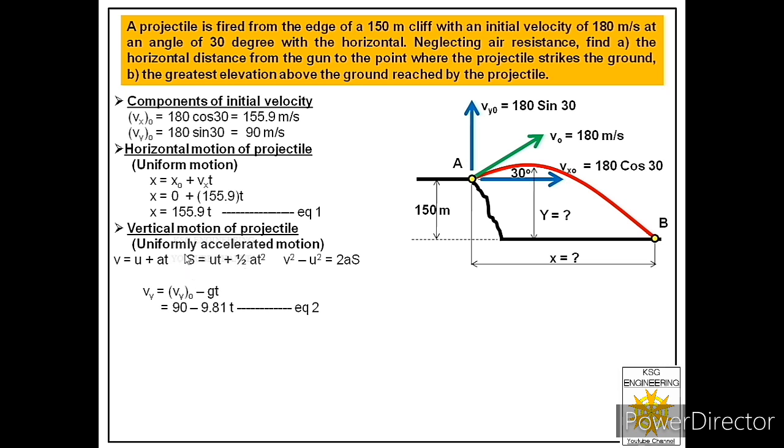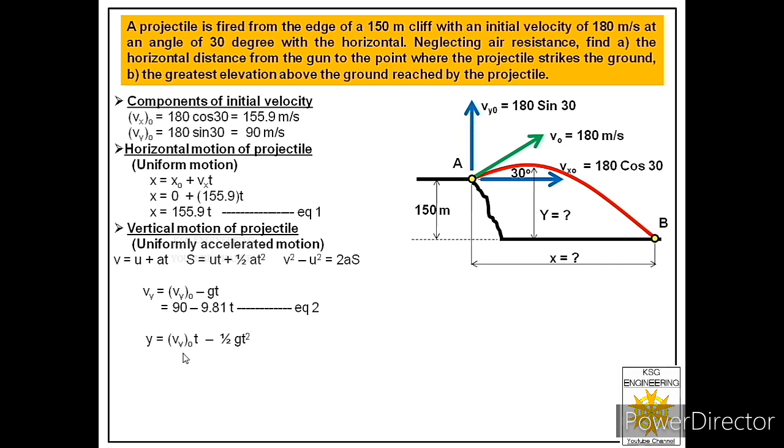Now let us move on to the next equation. In this equation, s is the distance traveled by the projectile along y direction from the point of projection. That means this distance is s and it is traveled in y direction. Let us call this distance as small y. So we will replace s by small y in this equation. U is the initial velocity of the projectile along y direction, that is vy naught, and a will be acceleration due to gravity. So this equation will reduce to y, small y, equal to vy naught t minus half gt square.